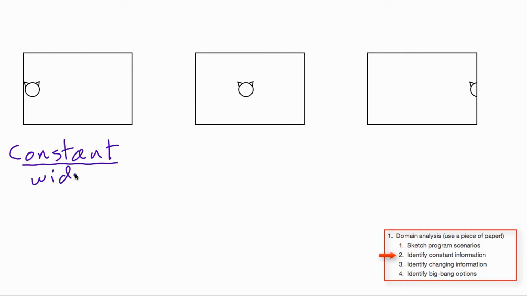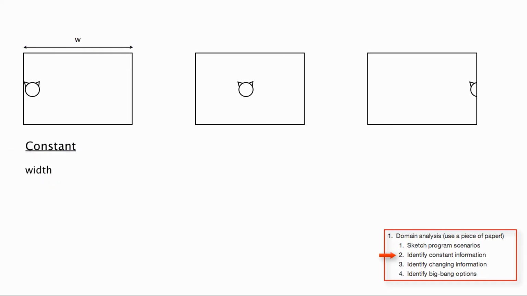And what I like to do is label up here what I mean by this. Width is fairly obvious, but they're not all quite as obvious. So there's the width of the screen, there's the height of the screen,